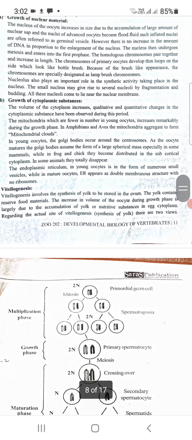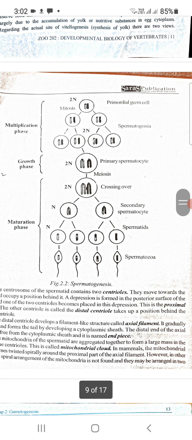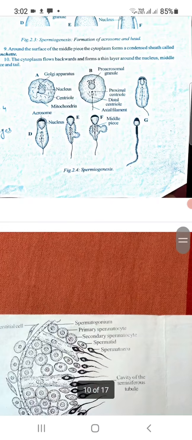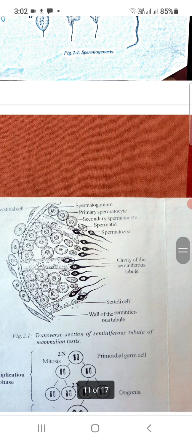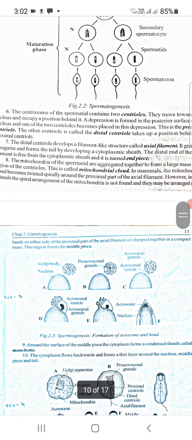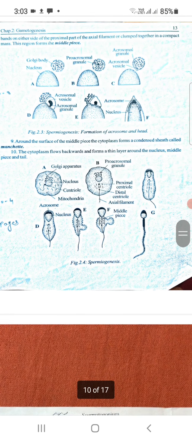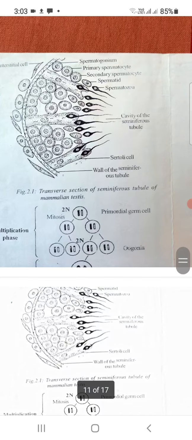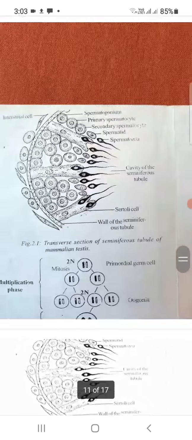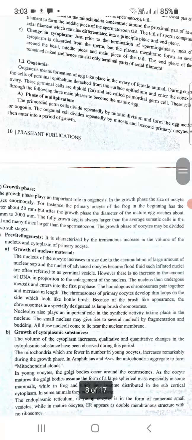To see in the figures, that is figure number 2.2 spermatogenesis and figure number 2.1 transverse section of seminiferous tubules. Then in figure number 2.4 and 2.3, there are the various changes that take place in the formation of the sperm, the development of the sperms. This is spermatogenesis. Then the second part of the topic is